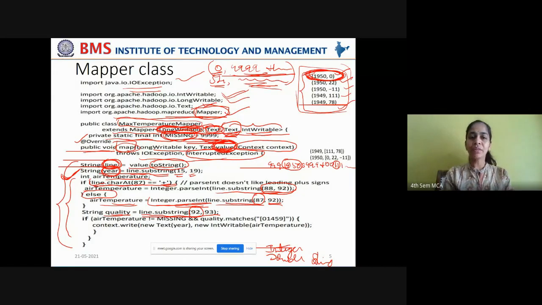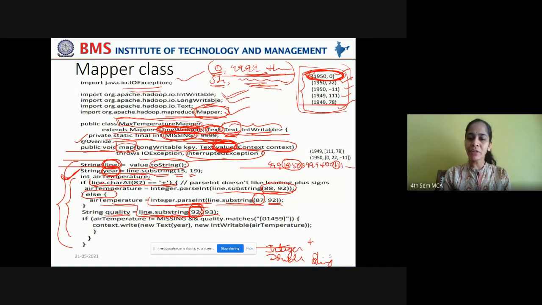First take that value into the quality string variable and let us see how you do the comparison. You are taking from this line string a substring with the index number 92. That is the quality code.